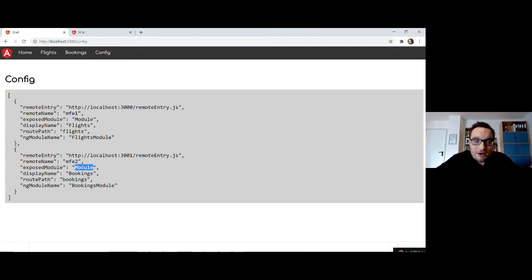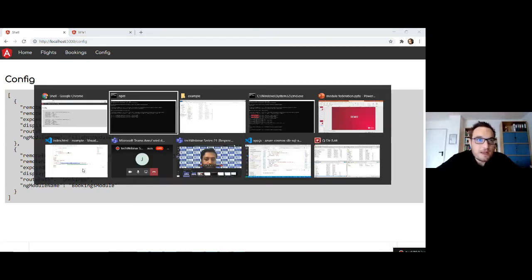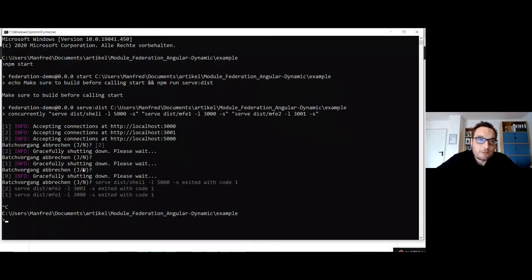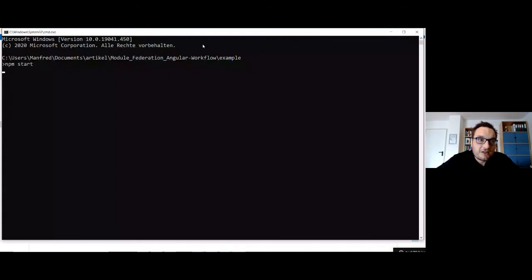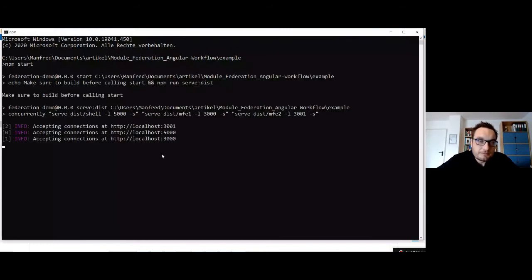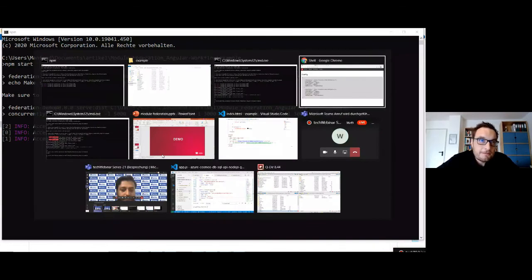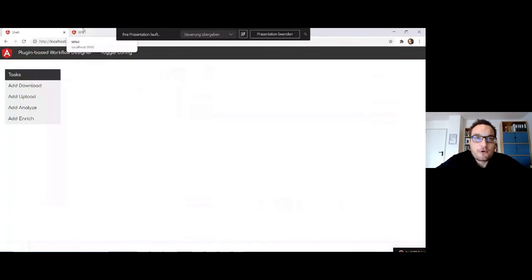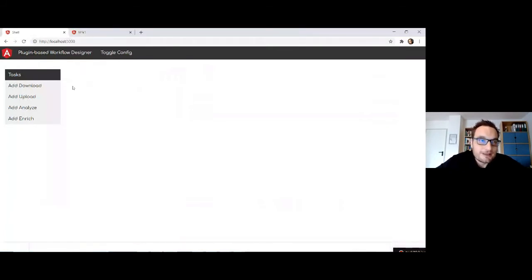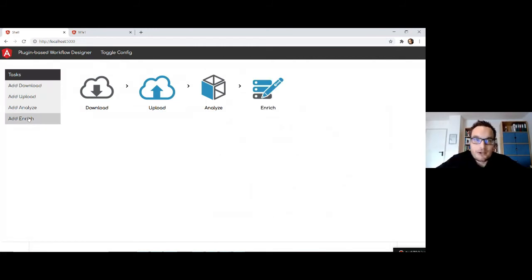You can also use this mechanism to create plug-in systems. This is what I'm doing in my third example. Let me start this example too. What I'm having here is a plug-in based workflow designer. It allows me to drop some workflow tasks to my working area.